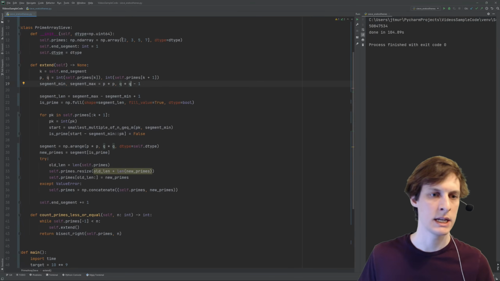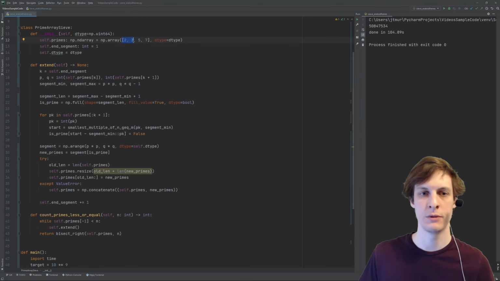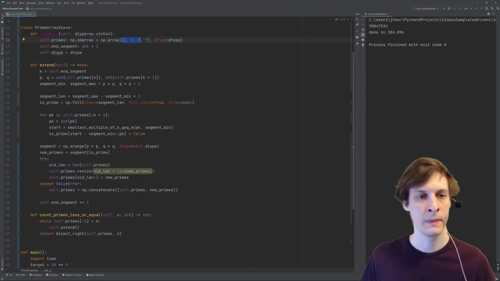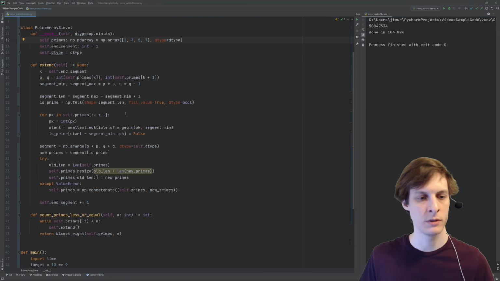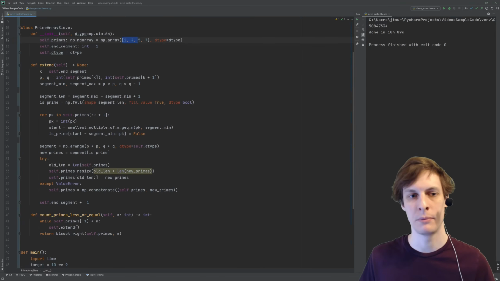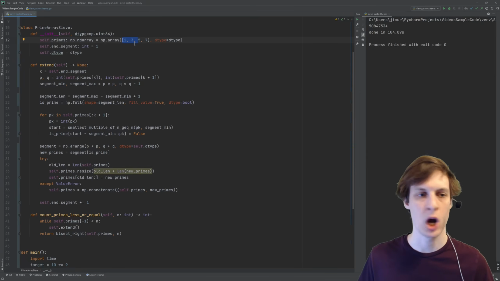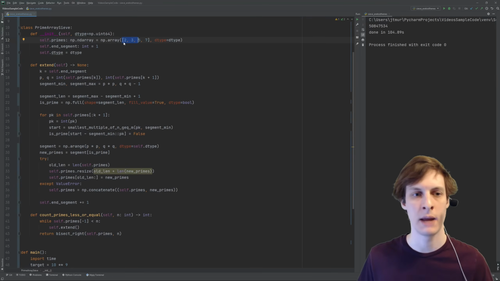So currently, if I know all the primes up to the square of 3, then when I extend, I find all the primes up to the square of 5. So I just look at the next prime. I think that in order to speed this up even further, the best thing to do is to just make it jump more than one at a time. So let's just set like a target value of jumping 100 primes at a time, and then just see if that can get rid of some of the time spent copying.